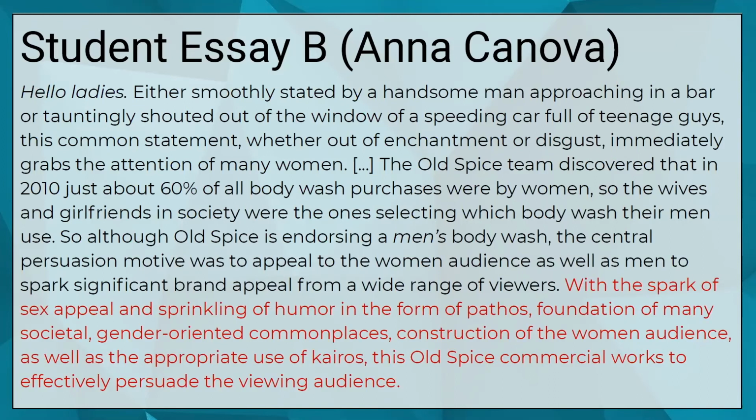Again, the focus and mapping scheme of where the argument is laid out is highlighted in red here. If we compare this to the previous example, this is more detailed, and we can get a sense of the different aspects this argument and audience are based on. It's also situated differently. It gives us a bit more of a backstory so we can understand the rationale behind this Old Spice commercial. Why was it put together the way it was put together?